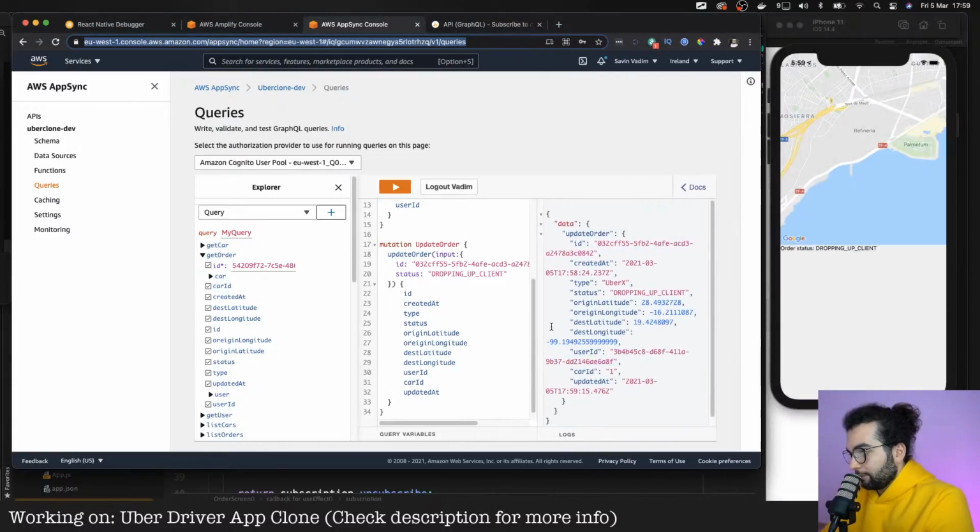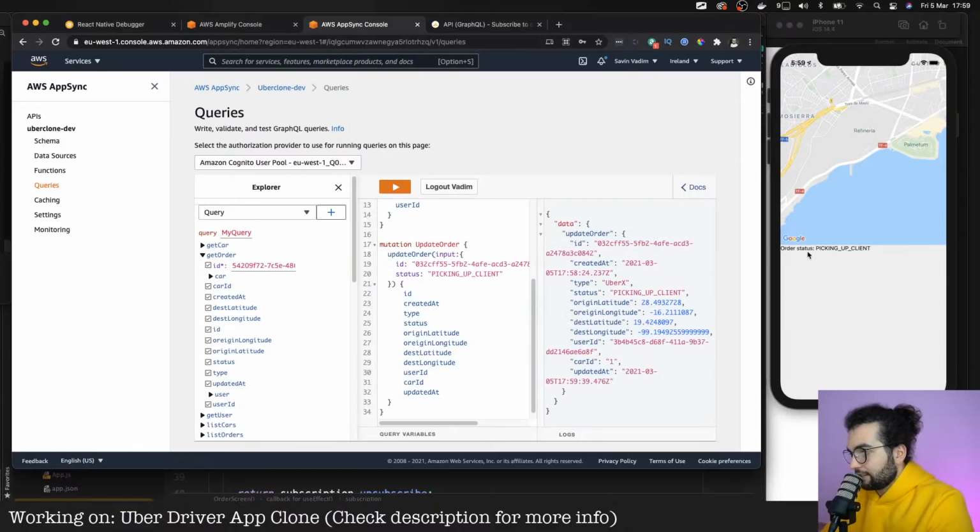So we didn't do any updates. I can do it again. Status, yeah, picking up the client. I'm running the update query, and have a look at the order status here. I'm running it. It's instantly updated in our application. Okay, that's the good part.